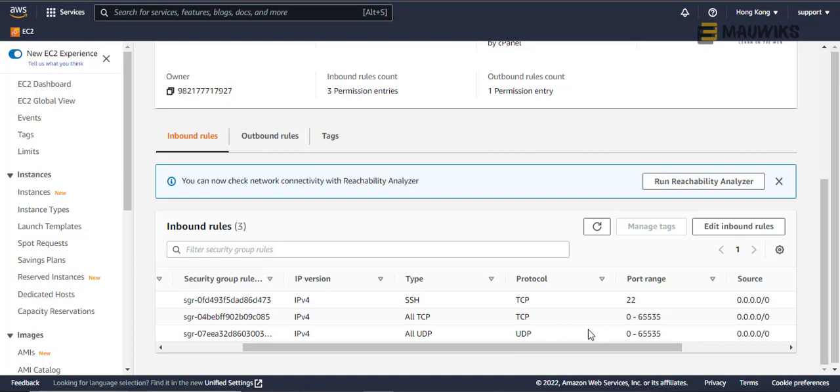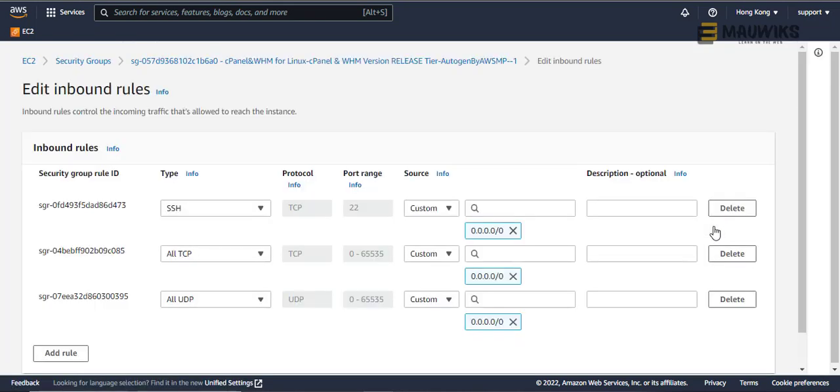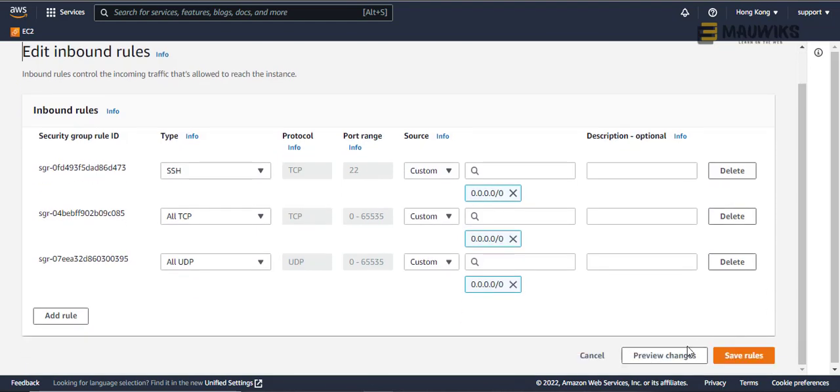Just copy this. You can edit this by doing edit. So as you can see here, and if you have a lot of existing values there, you can probably